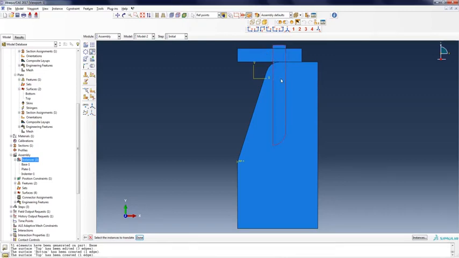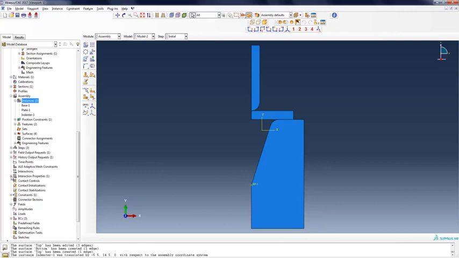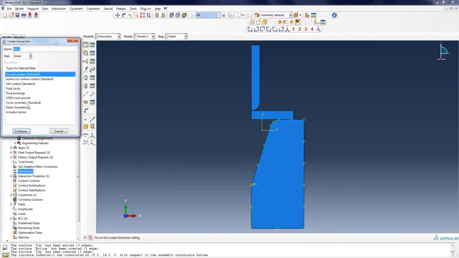Translate. Starting point here, ending point here, and now we are okay. So now this point is going to push down. Okay, we redefine our interaction. Initial general contact.